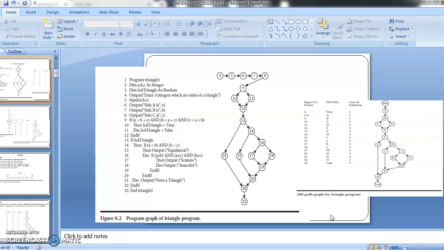So by considering that concept, or whatever the definition of the DD path we have seen, those four cases are reflected in the DD path graph of a triangle program. We have seen the program graph over here. How to convert this program graph to the DD path graph is,